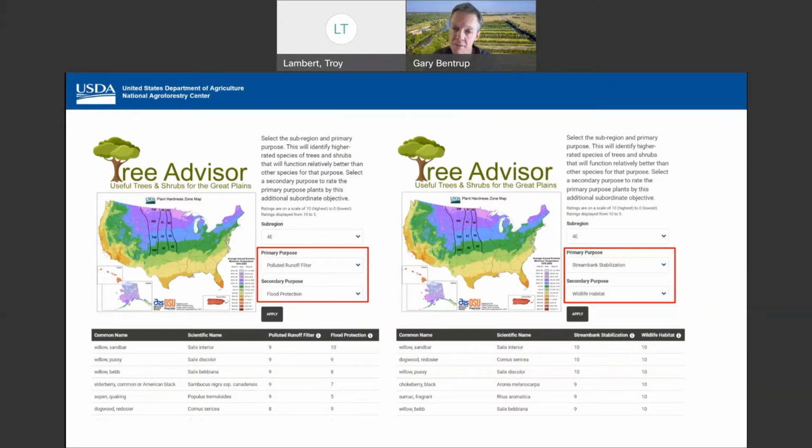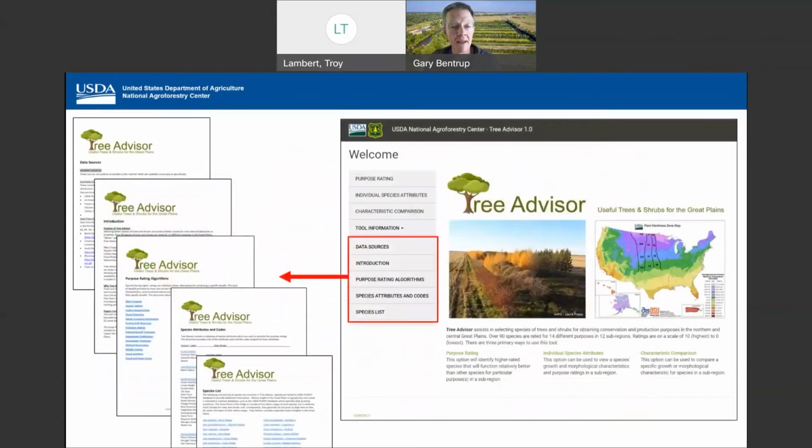In a way, you could develop a species list that you can then take and determine, are they appropriate for your specific site conditions. This tool is supported with help information and PDFs that describe all the algorithms and other information behind it online. And this tool is, like I said, an online tool.